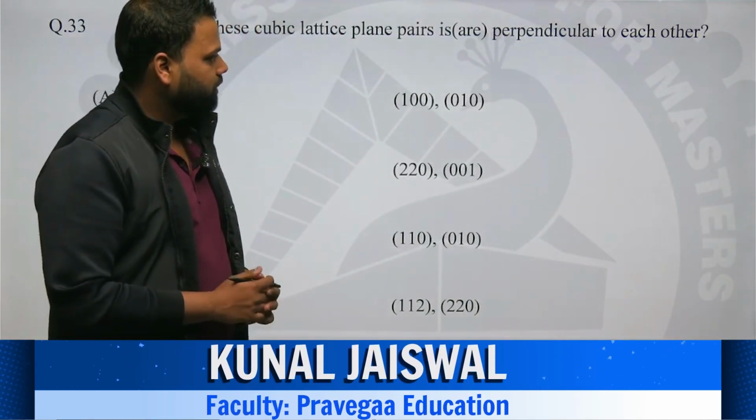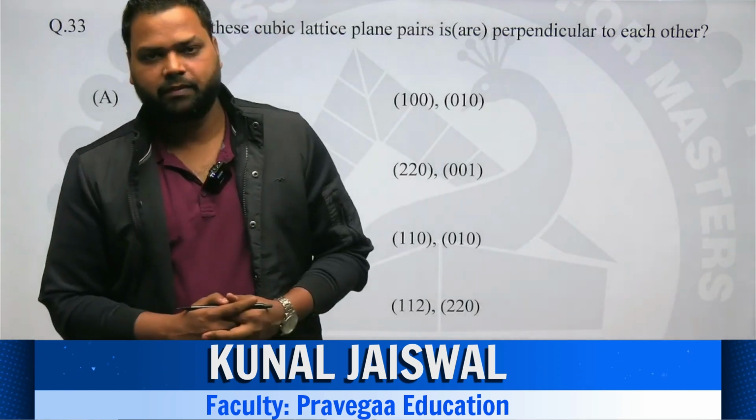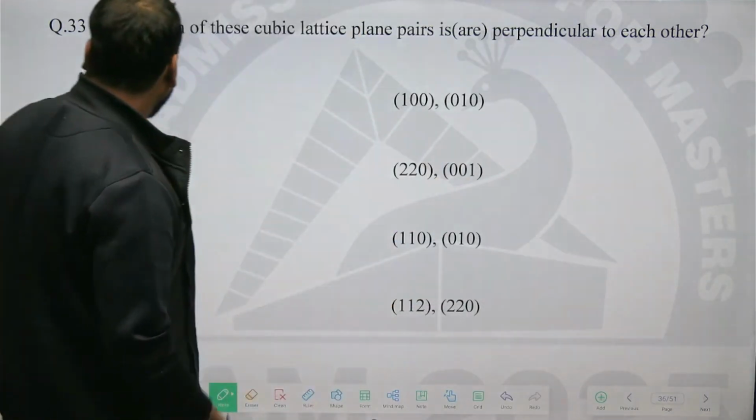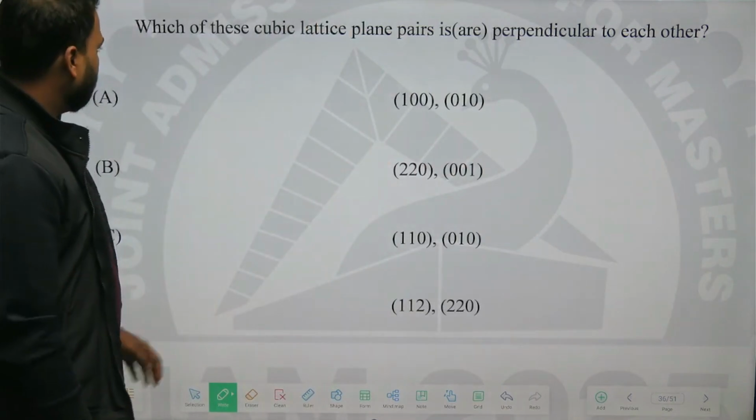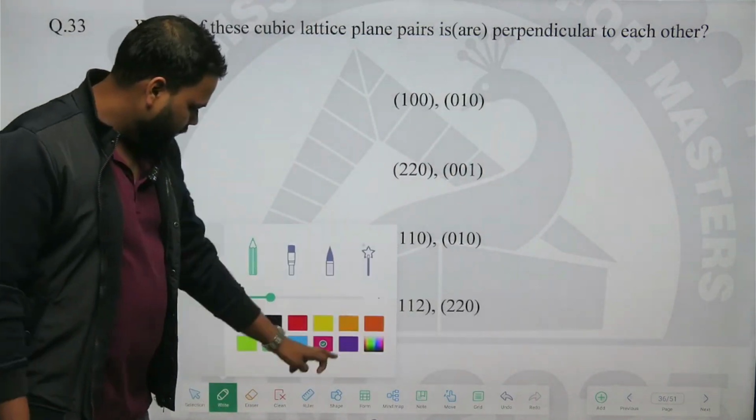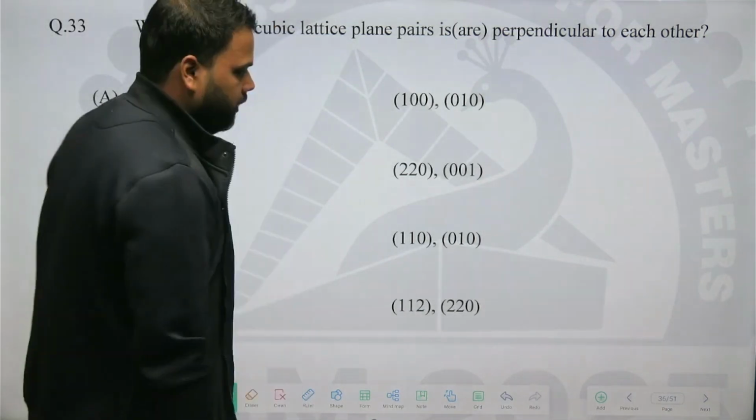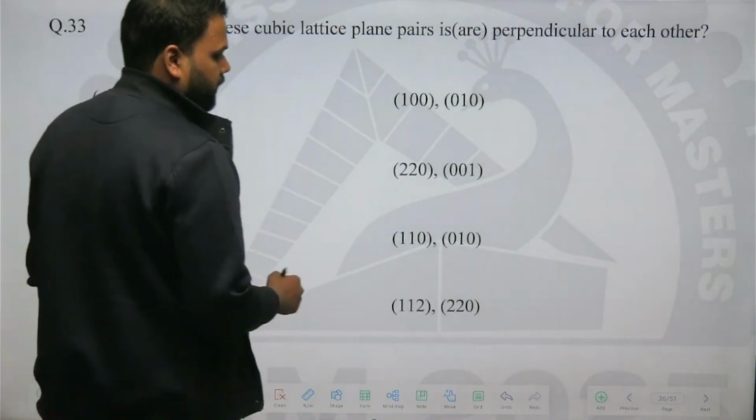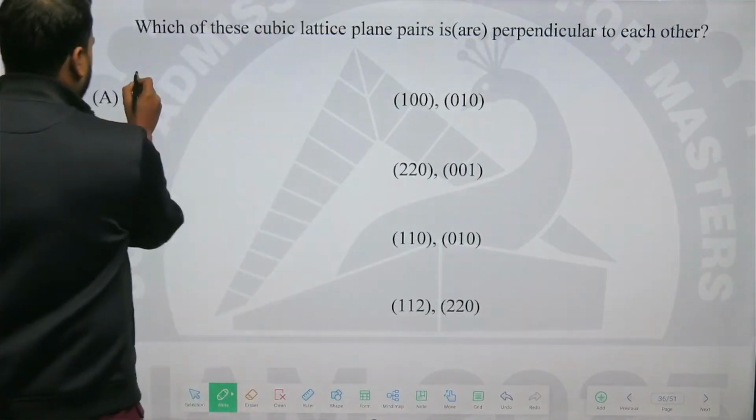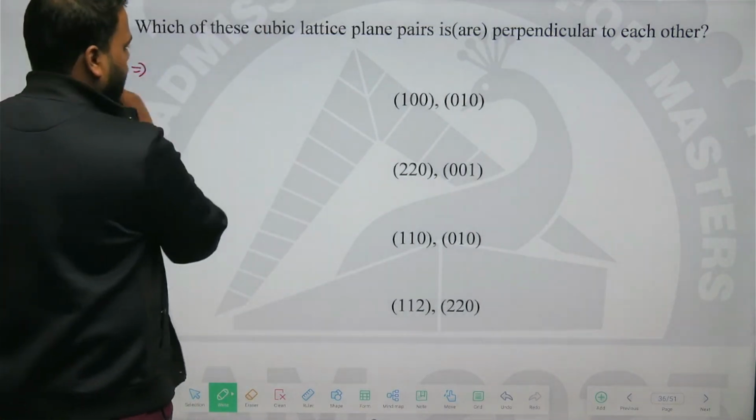So here we are going to discuss the question from the JAM 2025 examination, and this question is from the multiple select part. The question is: which of the following cubic lattice plane pairs are perpendicular to each other? कौन सा पेयर एक दूसरे के perpendicular है? देखो, so the condition for the perpendicular is